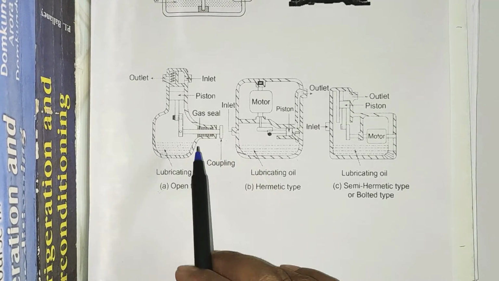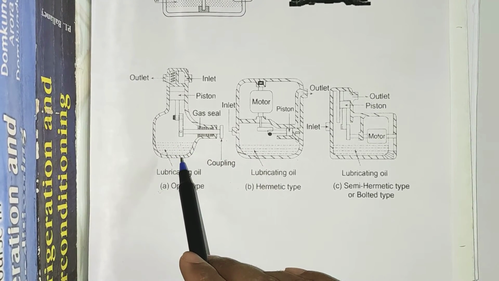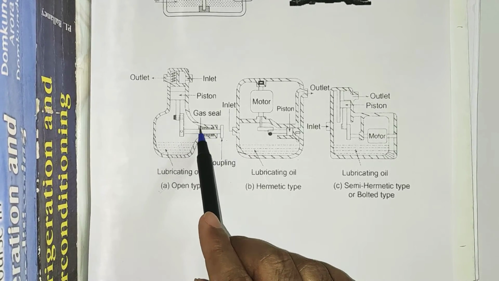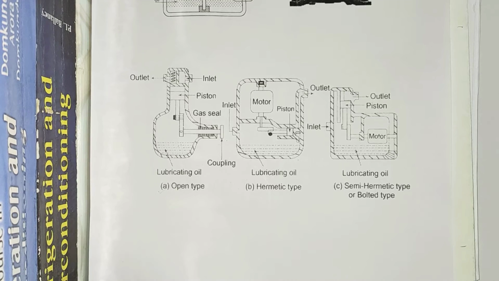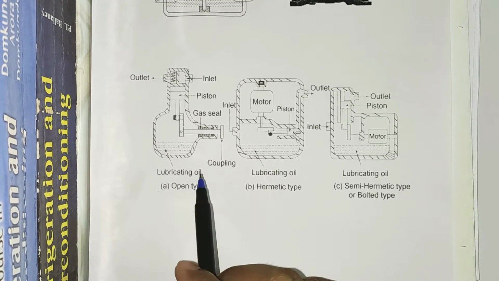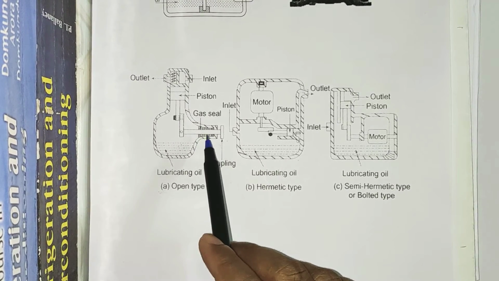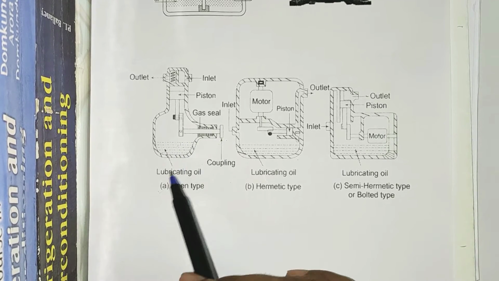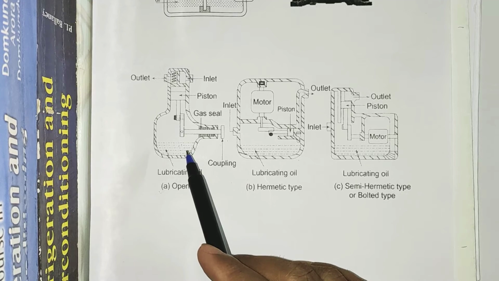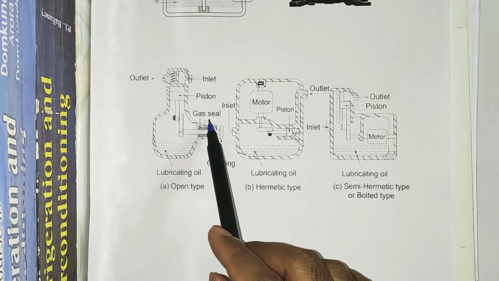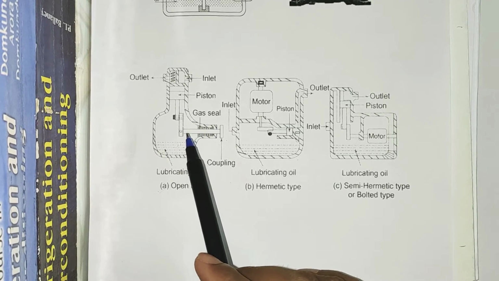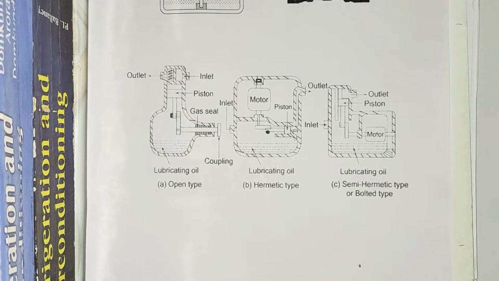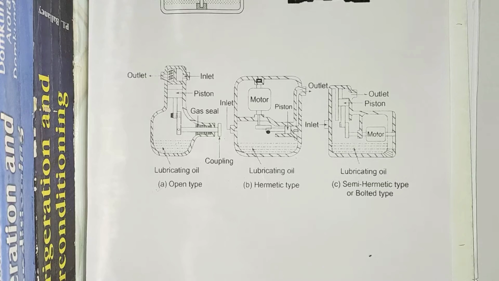Hence the refrigeration systems using open type compressors generally require a refrigerant reservoir to take care of this refrigerant leakage for some time. For this leakage phenomenon, regular maintenance for charging of the refrigerant system, or changing the gas seal or the gaskets, is required infrequently. So these are the characteristics of an open type compressor.